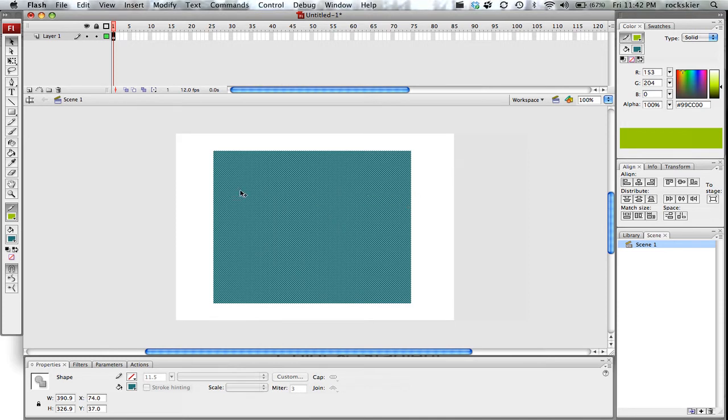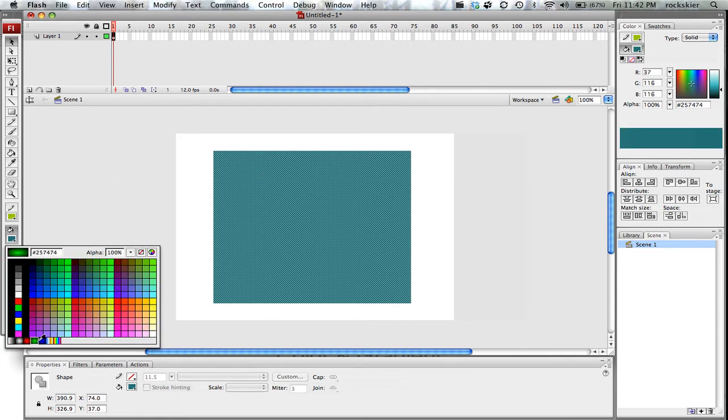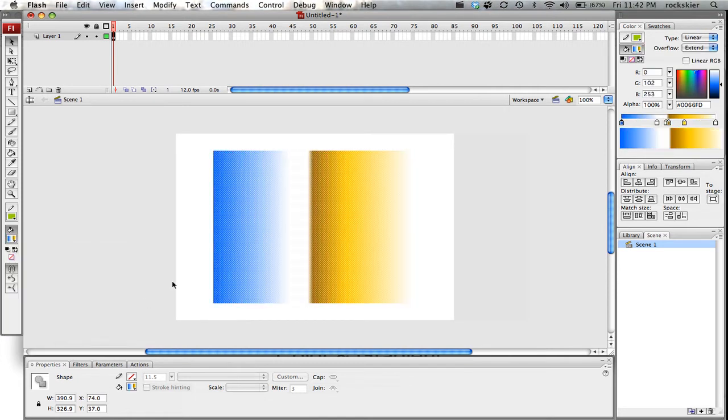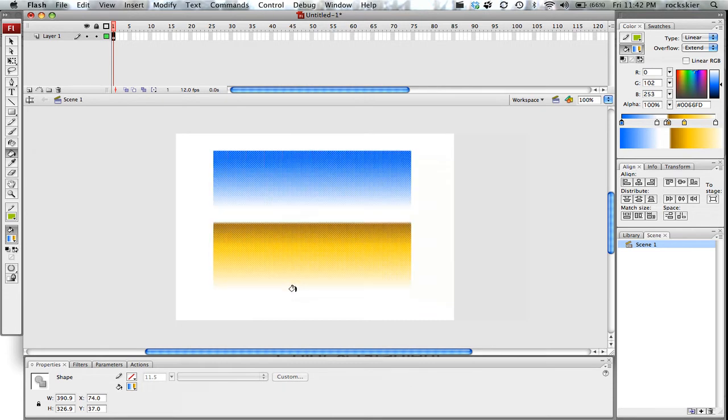The other thing that you have when you're dealing with colors is you have a gradient tool. And the gradient tool is over in this area, or you can click on the fill and there's some pre-made gradients you can just click on and choose. It'll pop those in. If you don't like the direction they're going, grab the paint bucket, and if you click, hold, and drag, it'll grab it,